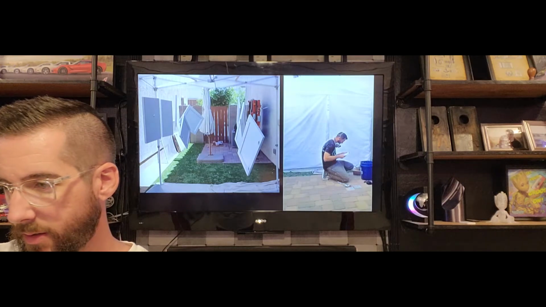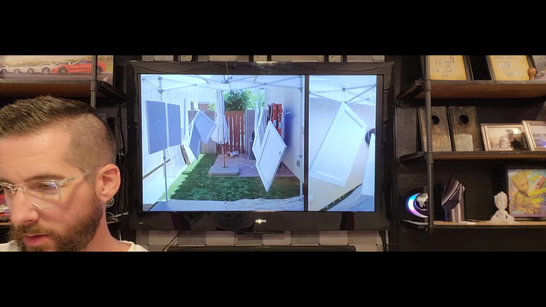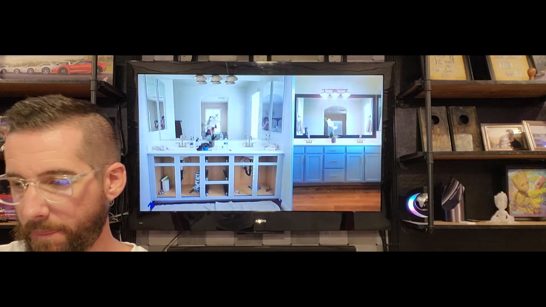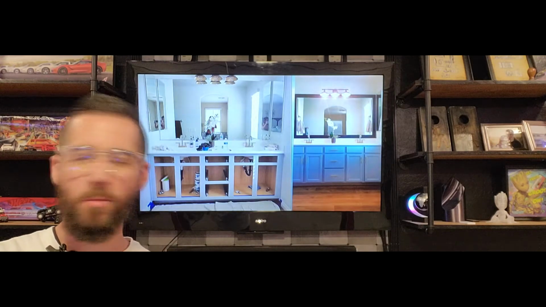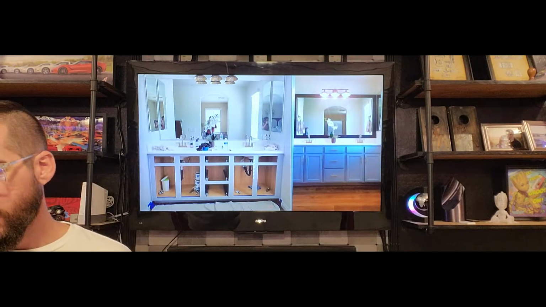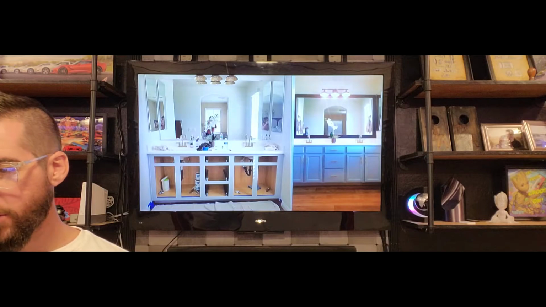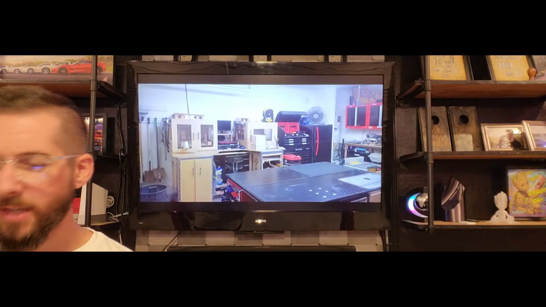So we got the doors all snazzied up as far as that master bathroom. So there's a little after show there. Okay, so